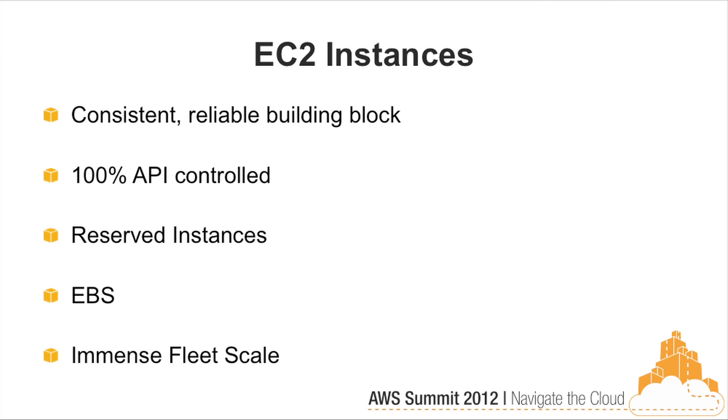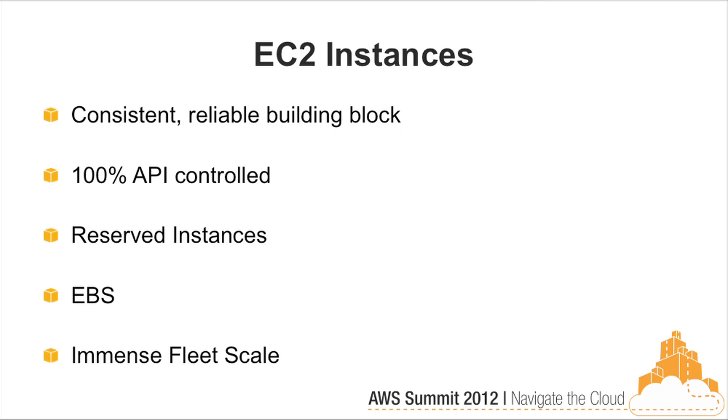But probably the sneakiest, the most important difference between this and any other environment you've worked in is just absolutely immense fleet scale. This system is gigantic. When you grow like Pinterest did, when you grow like these other businesses, you need to be sure that the fault isn't that you're too big. So having enough machines around so that when it's time to rebundle and redeploy, when it's time to update your software and you're going to start a whole other fleet of machines, having enough of them is its own kind